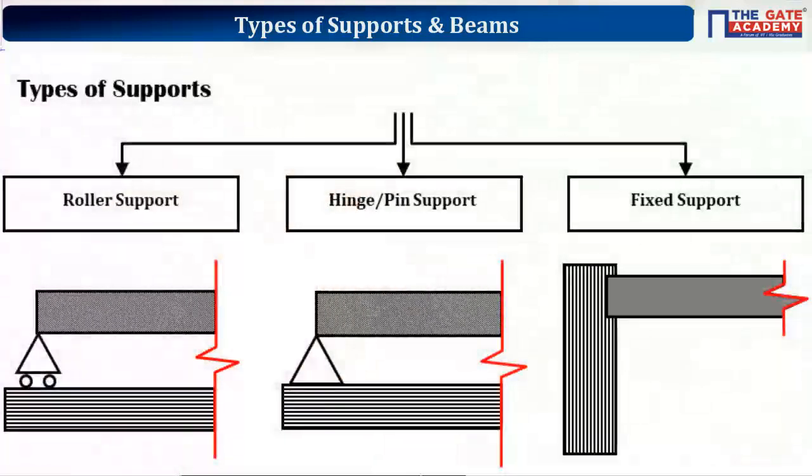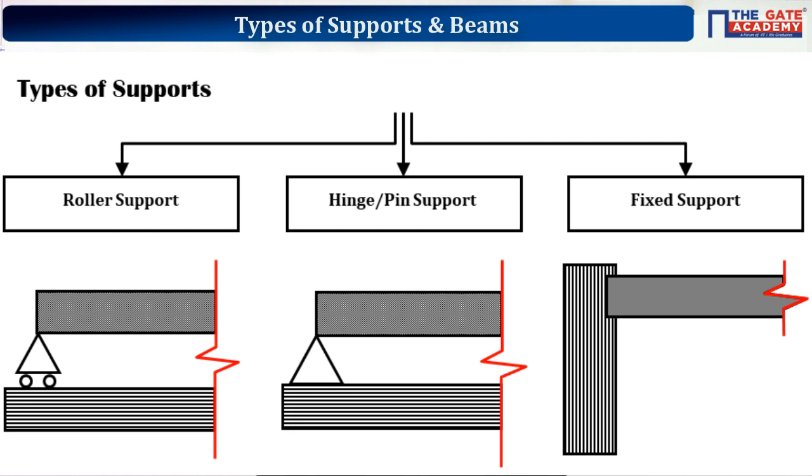Now to support a beam, we will be using different types of supports. And in fact, in beams, the type of support is very, very important. The way the beam is bending is dependent primarily on the types of supports we are using. Usage of the same load on different types of beams which are having different supports will cause different ways of bending. That means if you have two similar dimension beams, length, breadth, height, everything the same, but the types of supports used are different, then though you apply the same load in both cases, it will cause different ways of bending.